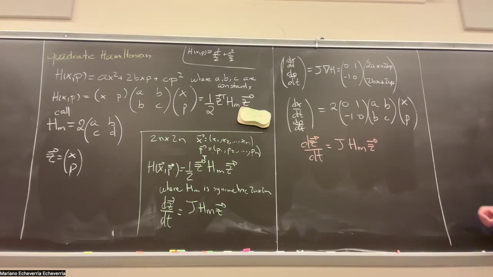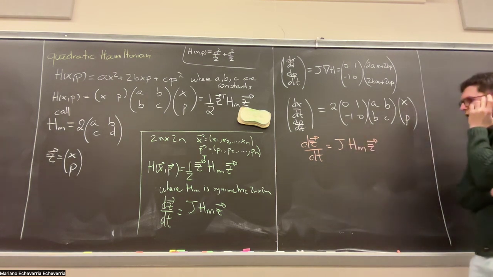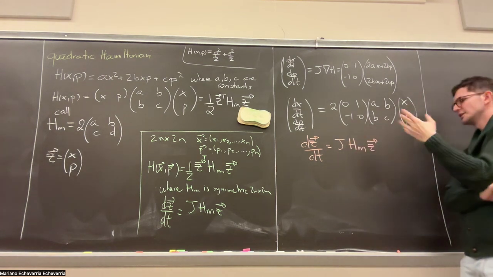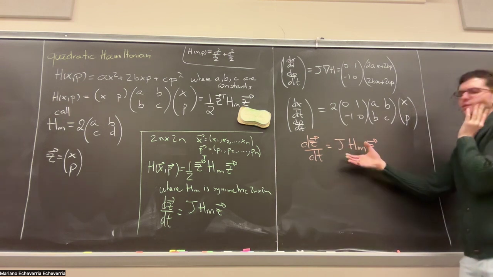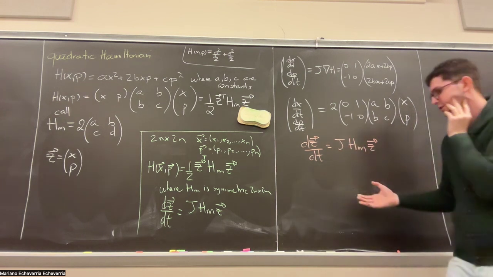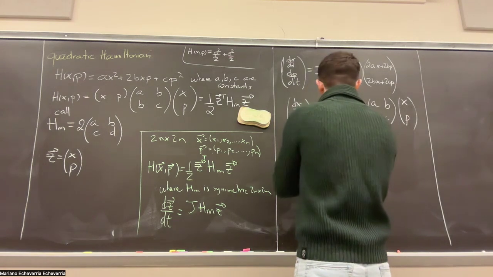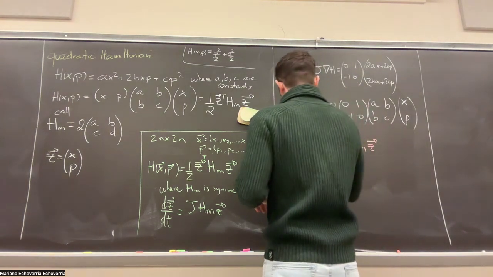That's the convenience of introducing the matrix notation, so that you can just write it in the same way regardless of the size. The nice thing is that this is just a matrix. So if you remember from ODEs, the solution to the linear system is just the exponential of the matrix. So the solution to this as a function of time is just